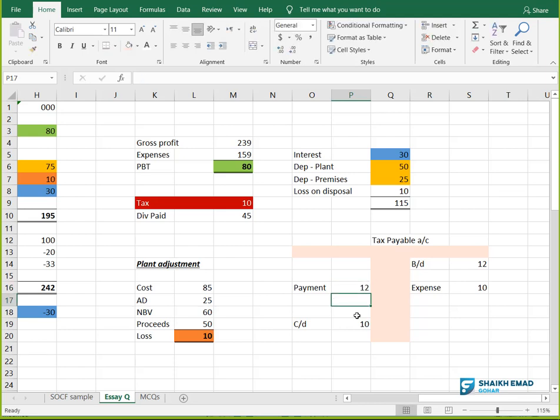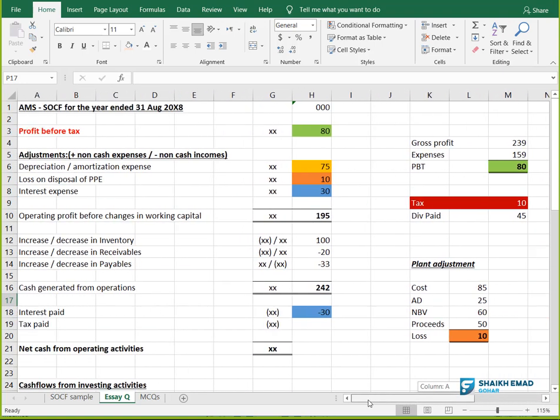So the opening balance you paid already. You booked an expense which is your closing balance, because you know very well that when you book the tax expense, you pay next year. I mean the tax expense which you book at the end of your year, you will pay after 4-5 months, 9 months, depends on the country. Anyways, this 12 is my answer here for tax. Minus 12.